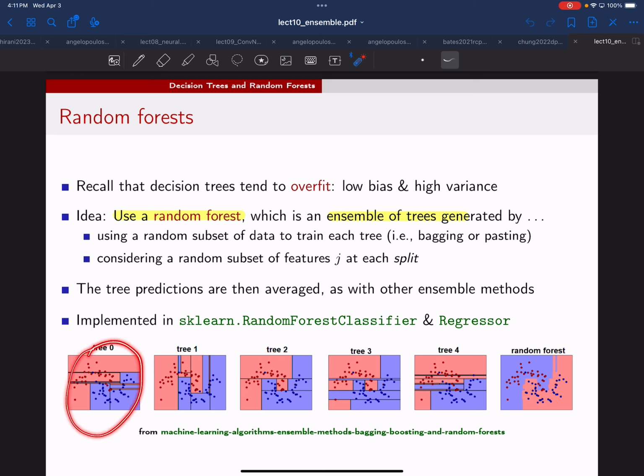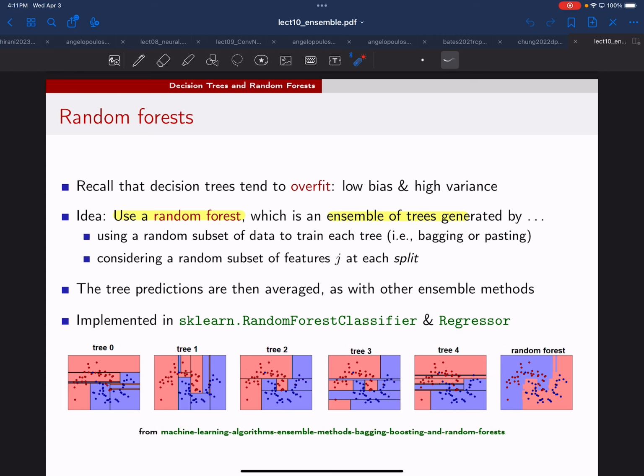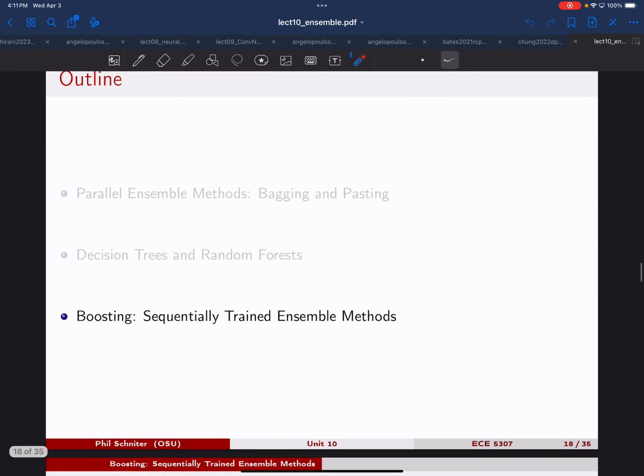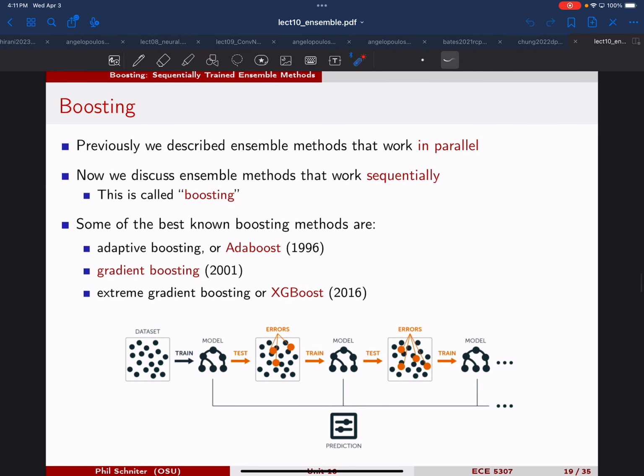But at the end of the day, you get an ensemble of trees, and then you can average them together and improve their performance. So the key point here is that these trees are trained individually, and then at the end, they're combined. So what we're going to talk about today is a different approach where you train